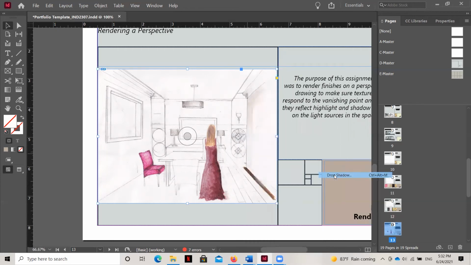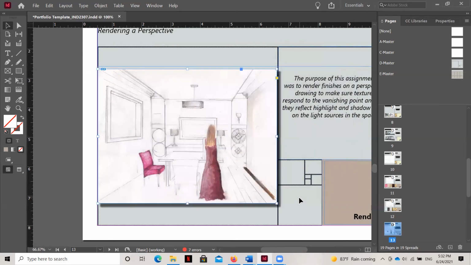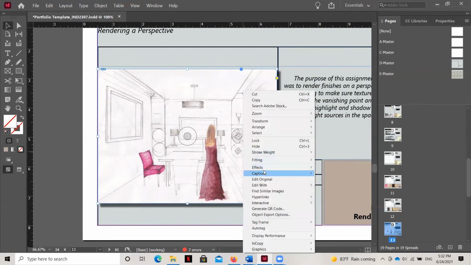You can see here, if I click drop shadow, you can start to mess with these a little bit and increase the spread. This is kind of fun to play with, but you know, it can get overdone very quickly and kind of distracting. So you can see here that you can do some modifying that way, but that's all under the effects command. So I'm going to undo that for right now.